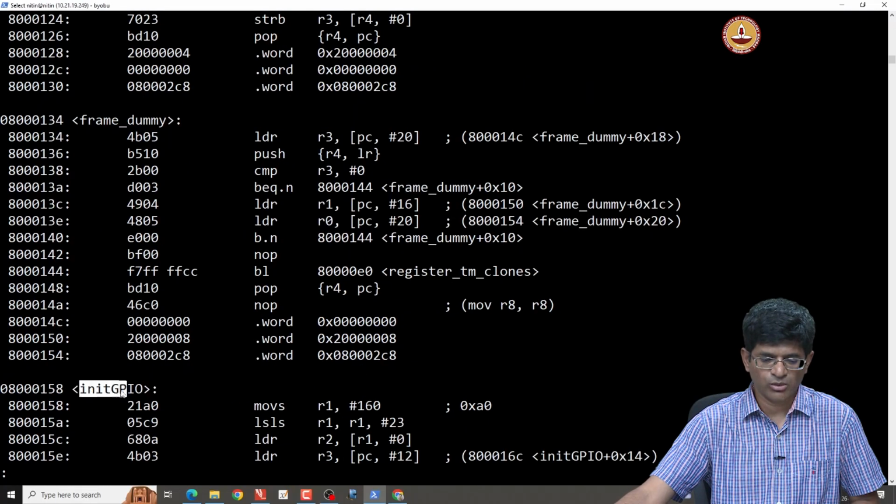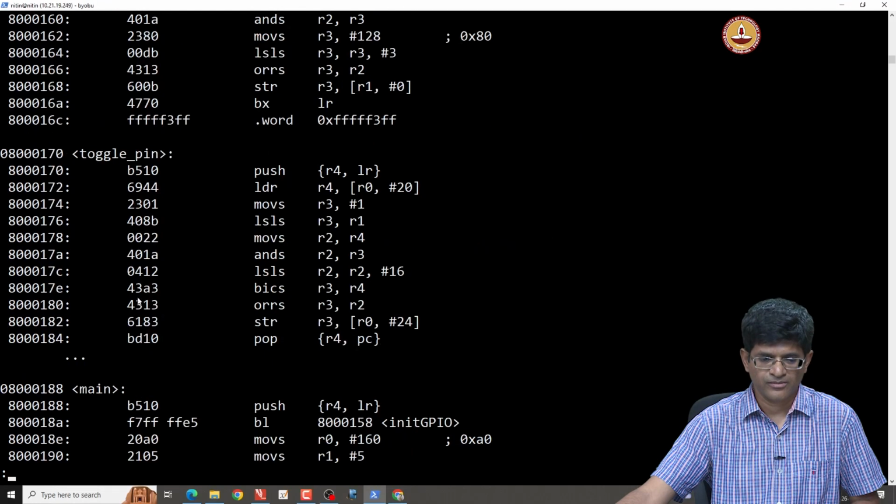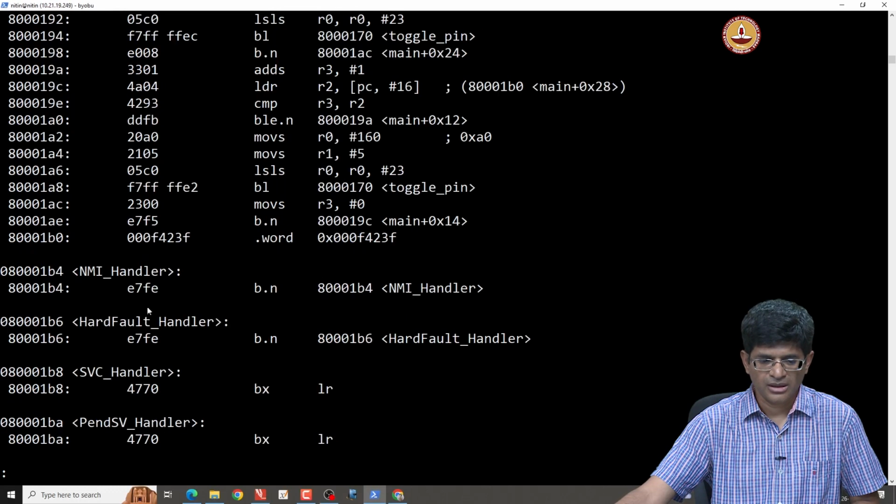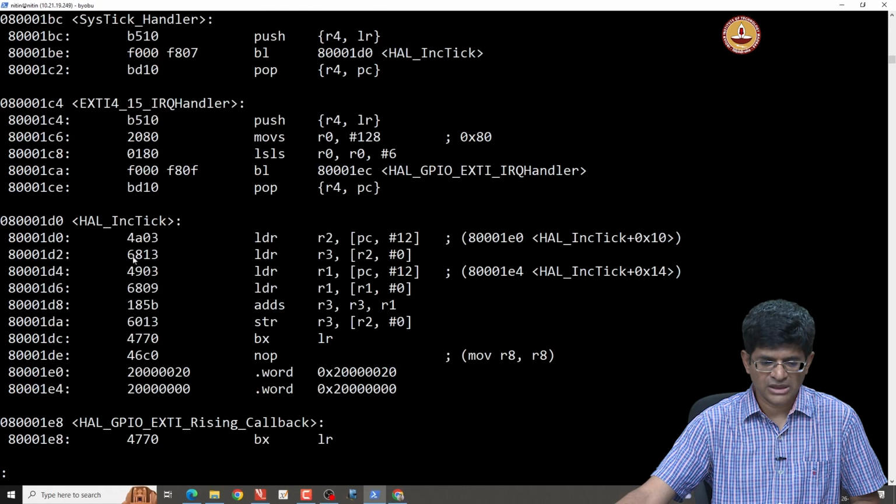Until I finally come to my init GPIO function. Then I have my toggle pin function, and you can see now that each one of these has got a very precise location in memory, right? The main function also has its own address that has been assigned to it, right? And after that, suddenly I have a whole bunch of other functions again, some handlers, some other thing which is the inktick,